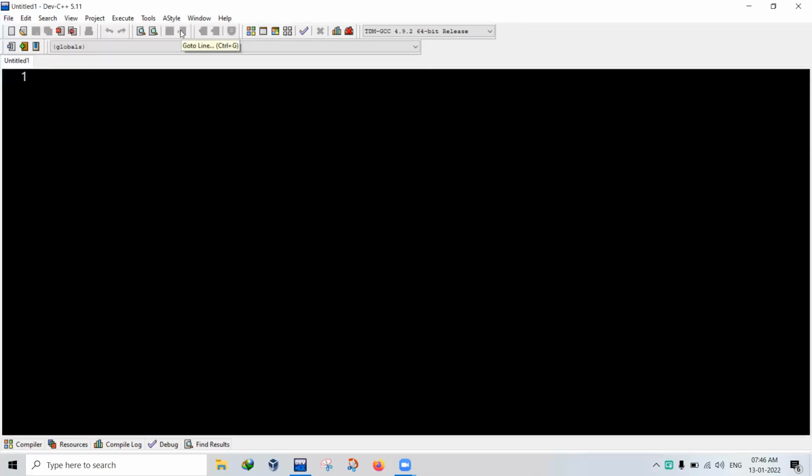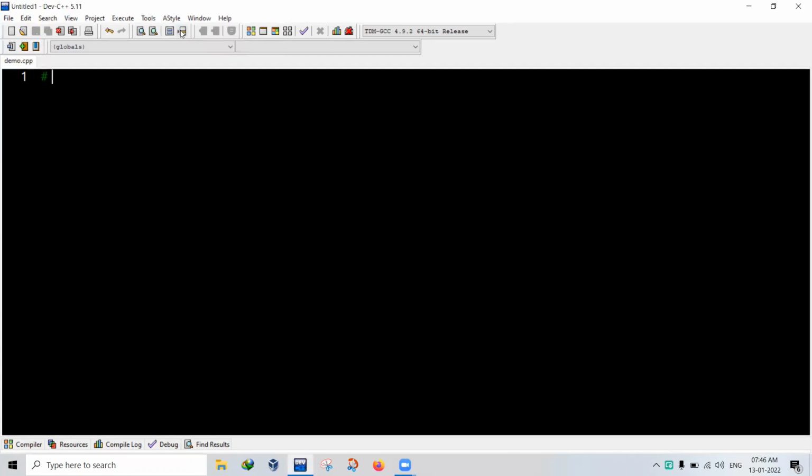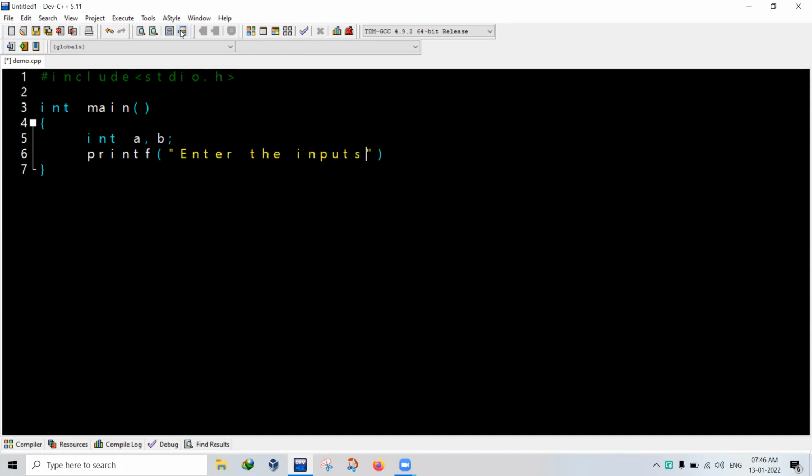On that note, first let me save my file as a demo for myself. Okay, let's start. The first program, starting with the basics, is a C program to perform all the arithmetic operators, without using switch or anything. For that, you need two numbers, int a and b, where the user will enter the inputs. Enter the two numbers that we want to perform arithmetic operators on, scanf percentage d.